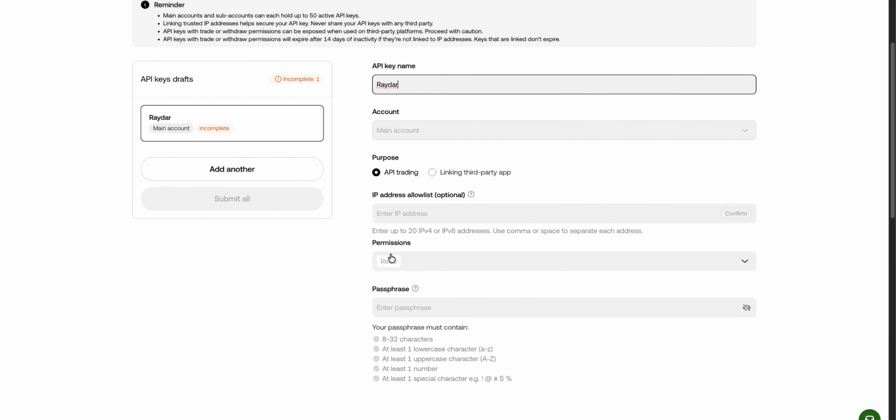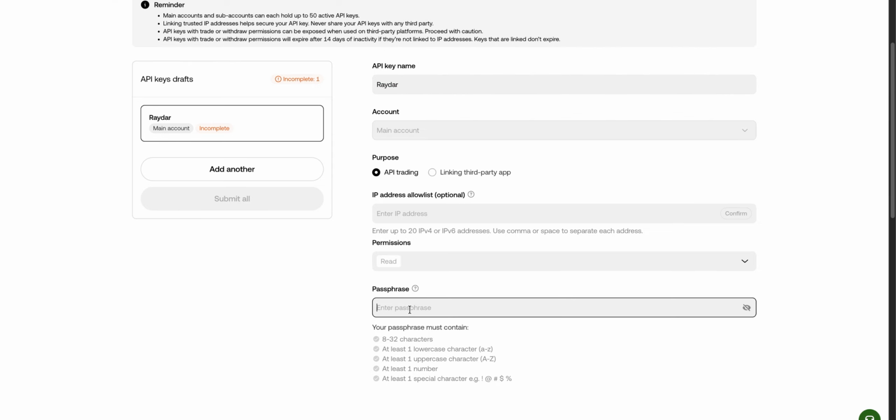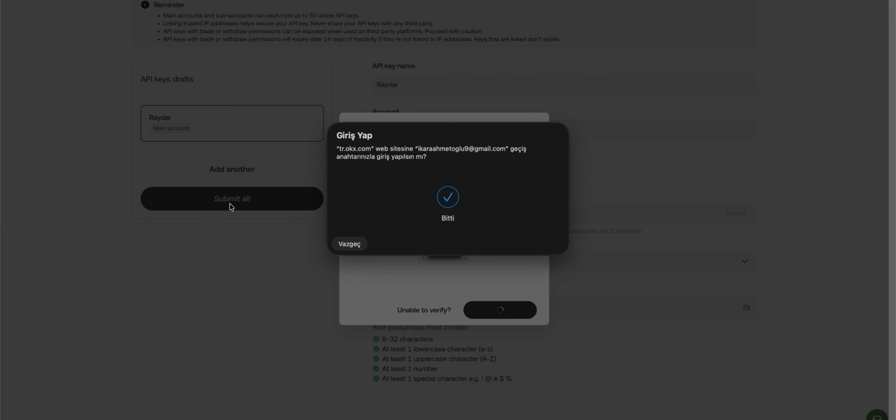In the permissions section, select Only Read. Right below, set your passphrase, which is crucial for the connection, and confirm. After completing the security verification,